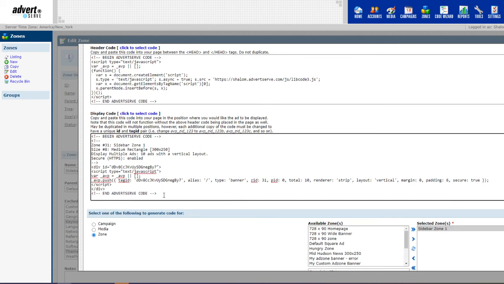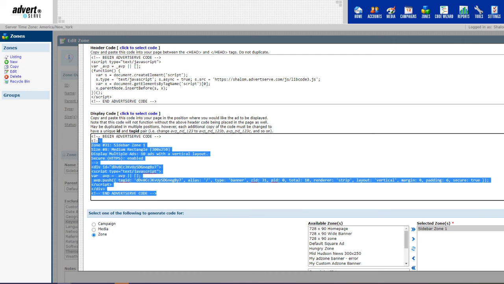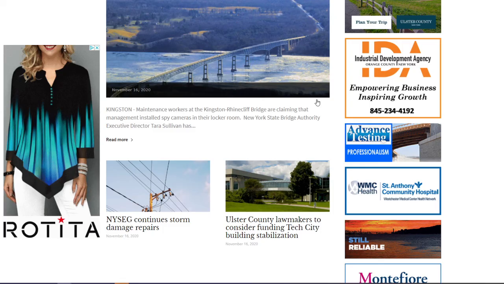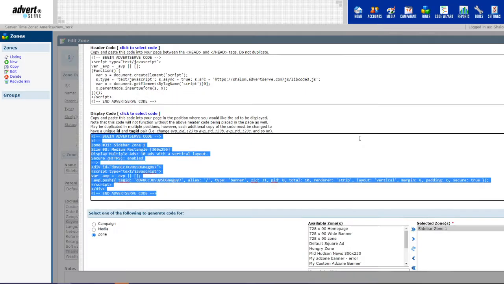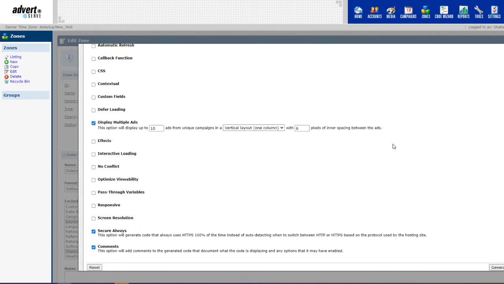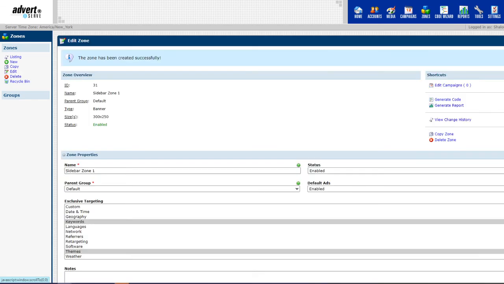This is highly useful for actually streamlining your integration of ads onto your website and configuring it. So you're going to paste this into your sidebar area and your website's dashboard, and it will start showing up to 10 ads at once and cycling through them the usual way. So there you have it. The process of